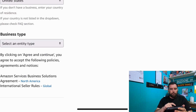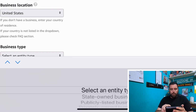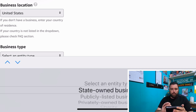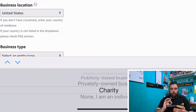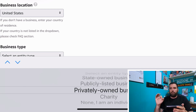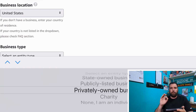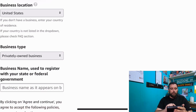And then another drop down is going to pop up here. It says business type. Okay, this is important. So if you're a state-owned business, a publicly listed business, a privately owned business, a charity, or none, I'm an individual. Okay, so if you operate a reselling business, you have your license, you're legit doing this full time, or you're doing it part time but you're making a lot of money and you still have your business registered, you click that, privately owned business, and you'll put your business name as it appears on your documents